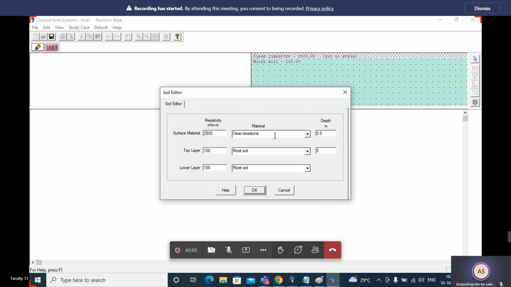Here I am considering the material as crushed rock. Based on which type of material you are going to use in that place, you can select it here, for example plain limestone or gravel.